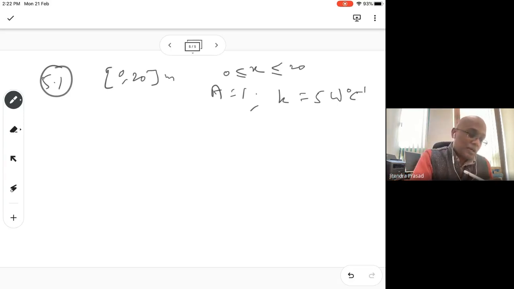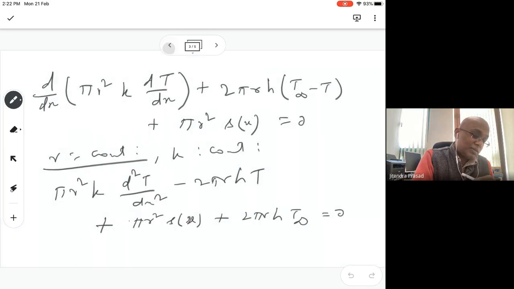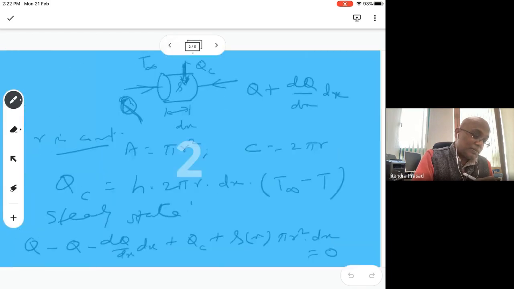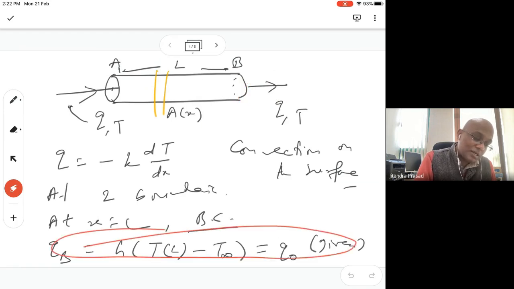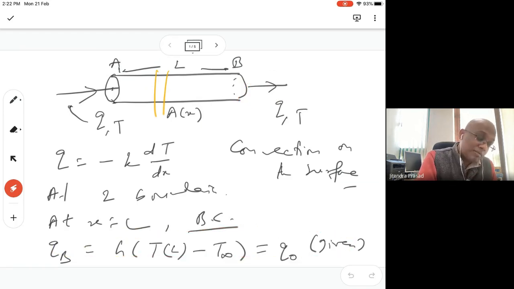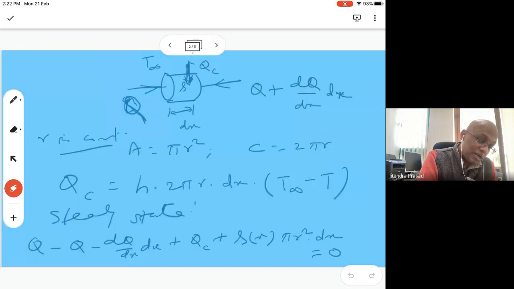So there can be a heat transfer from this surface as well, and that will be a convective heat transfer. You can also have a convective heat transfer at the end. Okay, so if it is at the end only, then you can implement that through a convective heat transfer boundary condition. But if it is through this surface as well, then you have to derive the equation,